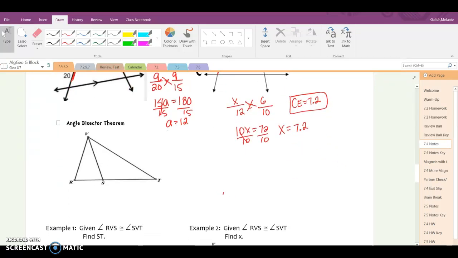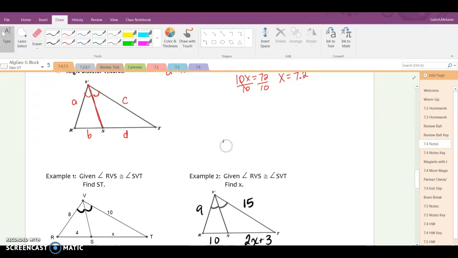All right, our last theorem is our angle bisector theorem, and this is something that hopefully we all know from before. I'm going to label our sides A, B, C, and D. That's just what I picked. Remember, the angle bisector theorem says that an angle bisector, here VS, is going to cut our angles into two equal pieces. So VS will bisect our large angle V into two separate angles,